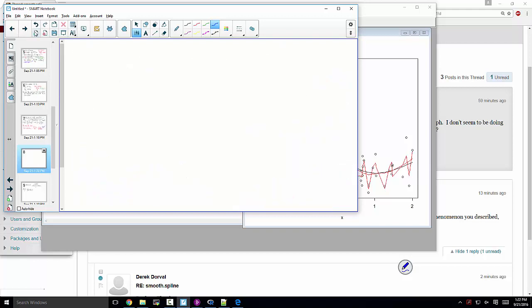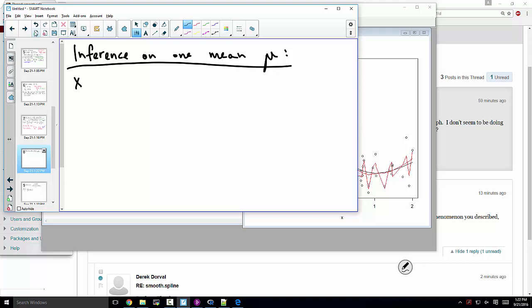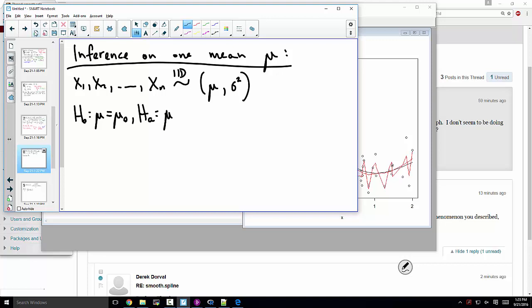That's one proportion. Let me very briefly fill in what it looks like for a mean. Inference on one mean, mu. So suppose now we have a random sample, independent and identically distributed, from some distribution, but I'm not necessarily saying what that distribution is yet. We have data from some distribution with a mean and a variance. If I want to do inference on the mean, null hypothesis that the mean equals a particular value, alternative hypothesis that the mean does not equal that value, say,